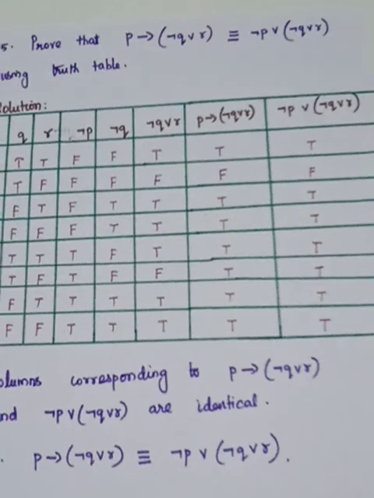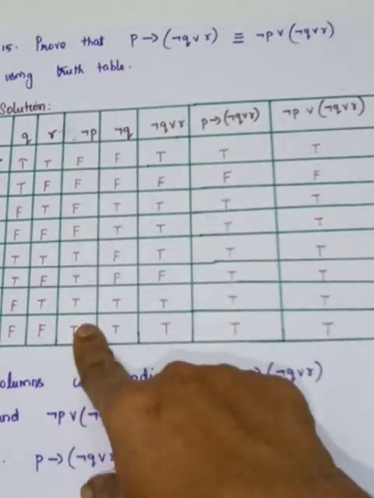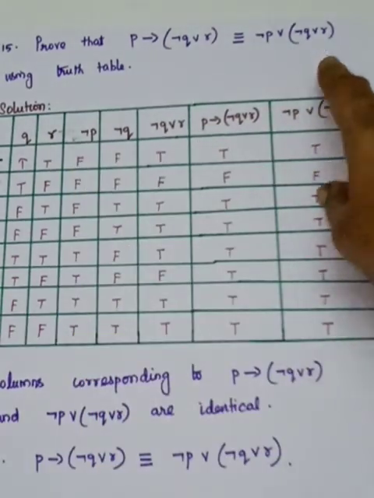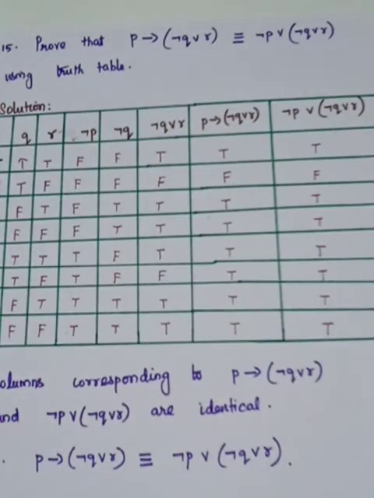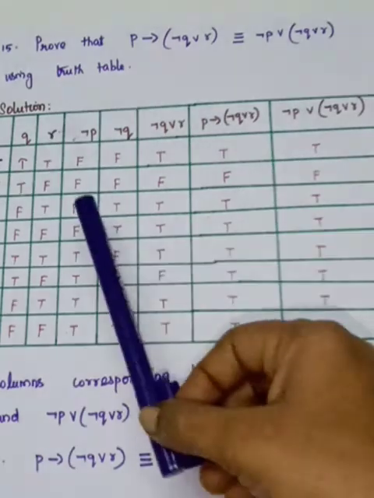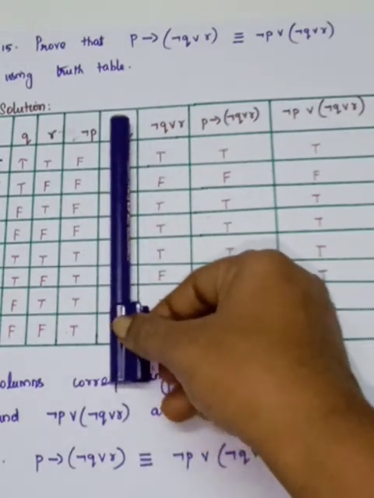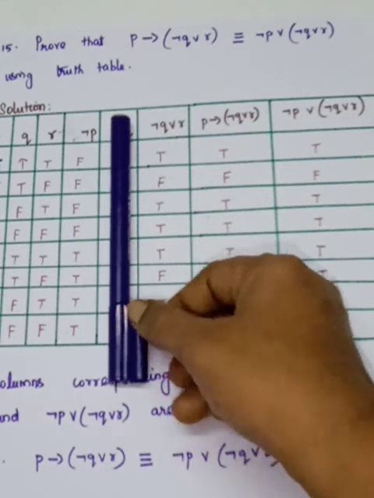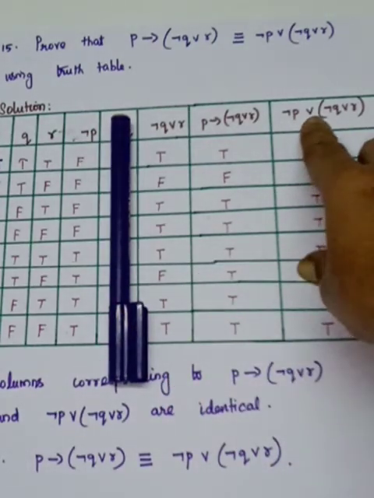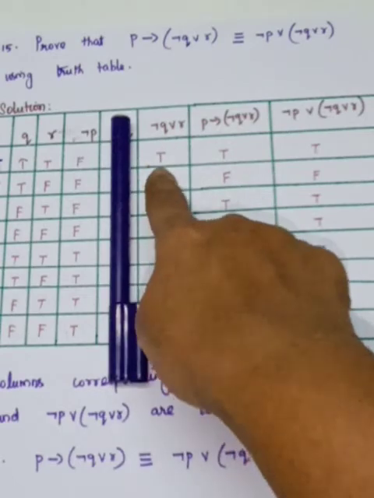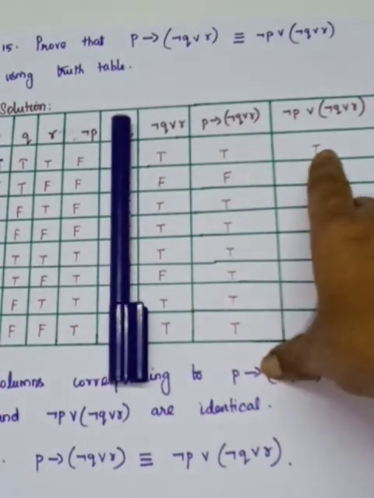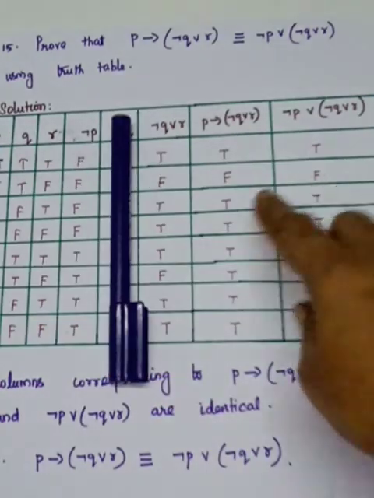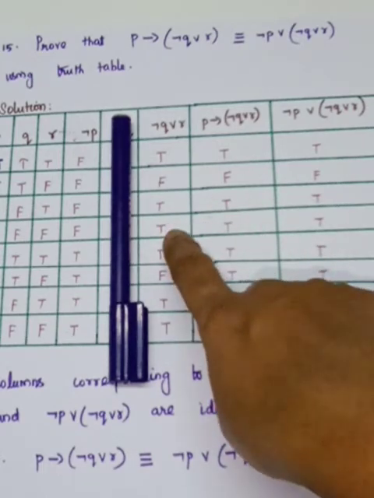What is it? Negation P, already written in the fourth column, negation P. Negation Q or R is in column number 6. So which columns do you have to see? That is the fourth column and the sixth column. So in between you have to hide the fifth column. Here you are having R. So for the fourth and the sixth column you have to write R. R means either one true, it is true. So here one is true, so it is true. Here both are false, so it is false. Here one is true, so it is true. Here also one is true, it is true.